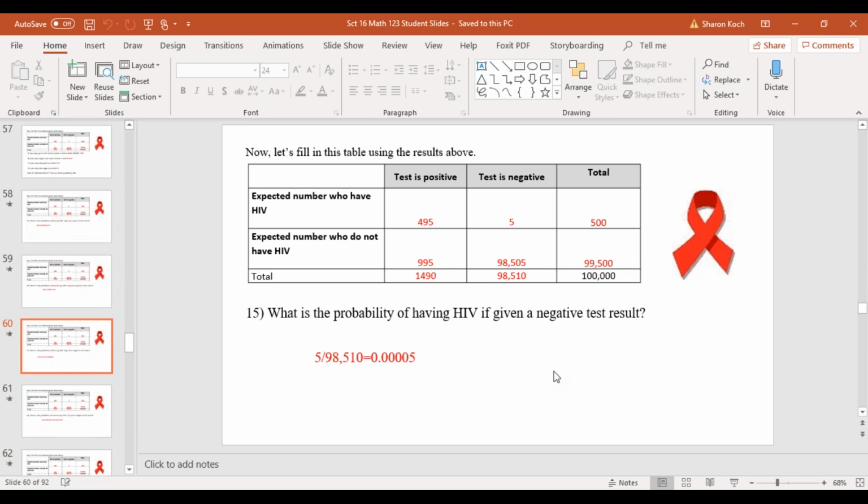Okay, what's the probability of having HIV if given a negative test result? So here's all my negatives. My denominator is going to be 98,510. What's the probability of having HIV? That's only 5 people out of that. Look at the percent here. The percent would be what? 0.005%. That's a very, very small percentage out of the population of people who actually have the disease that would